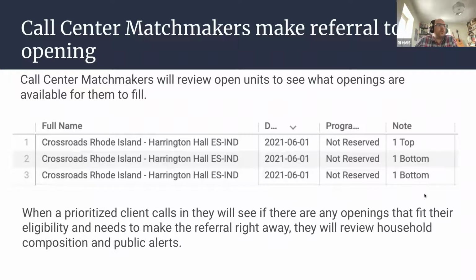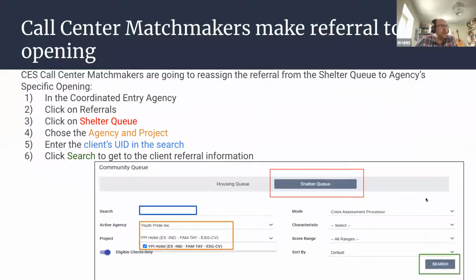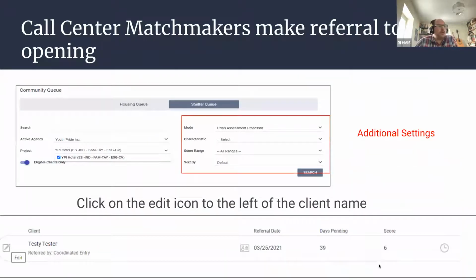And then they will go into their referrals tab to the community queue, on the next slide, and they will search for the client's UID and select that, and make sure that they're making an eligible referral by selecting the opening project and agency and project, and then there's a toggle for eligible clients only, and then they'll search and the client's name will come up, and they will edit the referrals that originally went to the shelter queue,